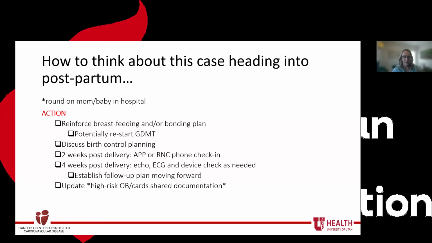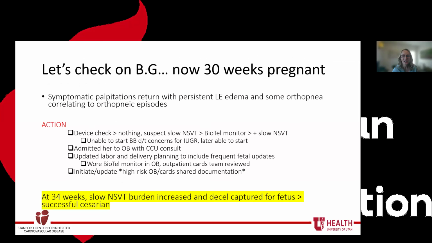And we continue to keep that communication open with high-risk OB. So let's check on BG. She's now 30 weeks pregnant, and she has some symptomatic palpitations. She's returned with persistent lower extremity edema and some orthopnea correlating to orthopneic episodes. And so the action here is we do a device check, and there's nothing on this device check, but we